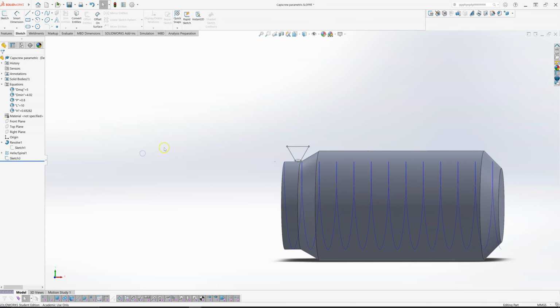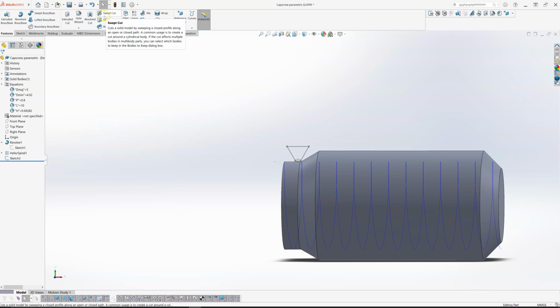So the last thing I want to do then is to create my swept cut feature. So we've got the features here, swept cut. Now the swept cut is basically the same as the extruded cut feature, but rather than extruding a cut in a straight line, it's going to extrude it along a curved path, and that curved path will be our helix that we've created already. So I'm going to take this sketch, sketch 3, I'm going to create a swept cut feature,